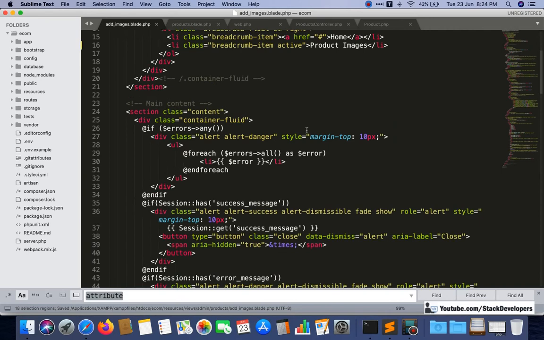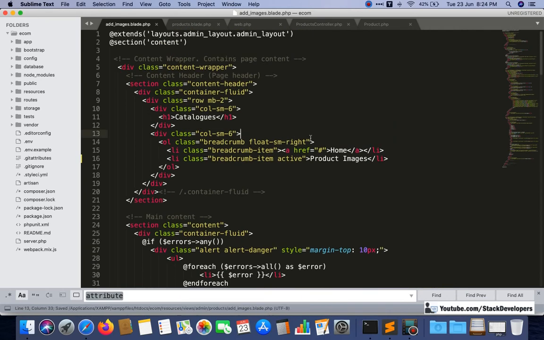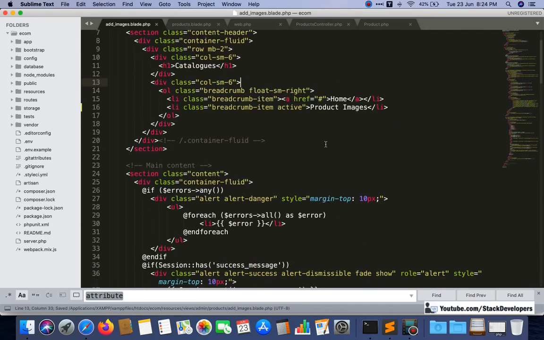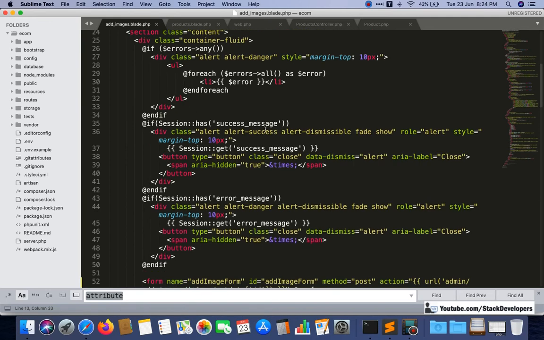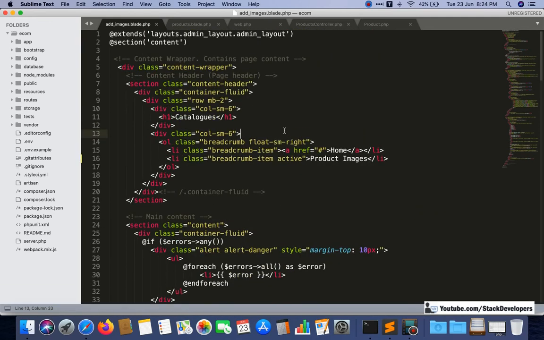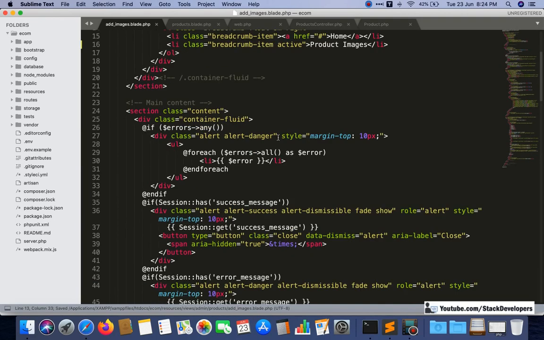It will reduce our task, our effort, and our time, because we have already done all this. The design we have got, everything we have got, the page is similar. Only a few changes we need to make.